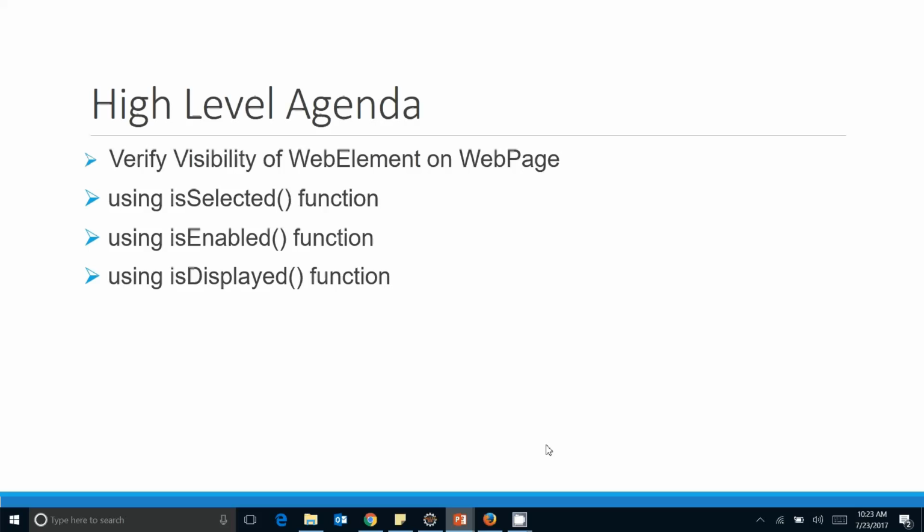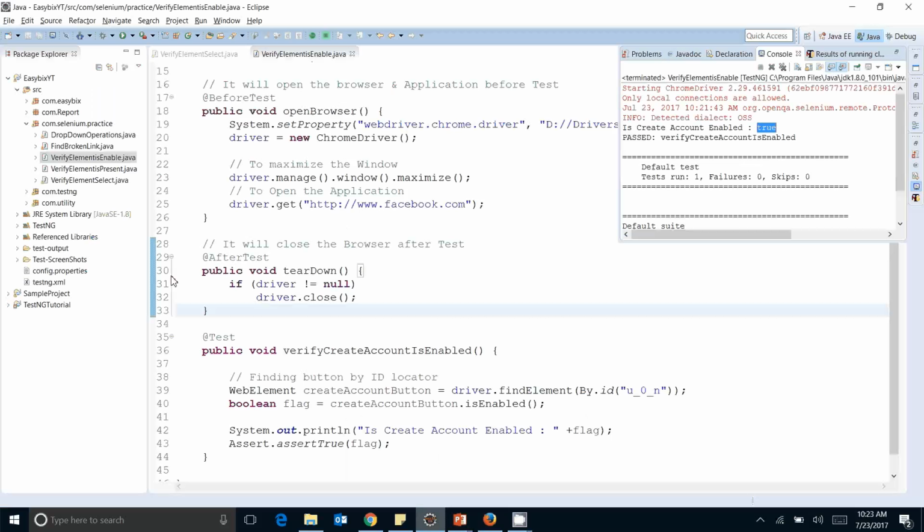So this kind of function is helpful in this kind of testing, like when we need to test whether some buttons or web elements are displayed by default, or whether they display after some kind of operation or not. Okay, so let's move to the test code for this particular